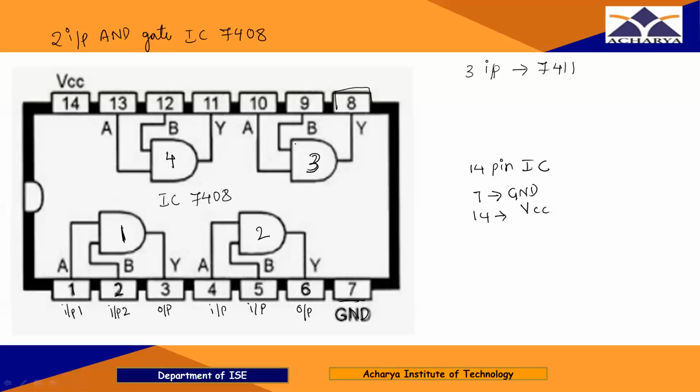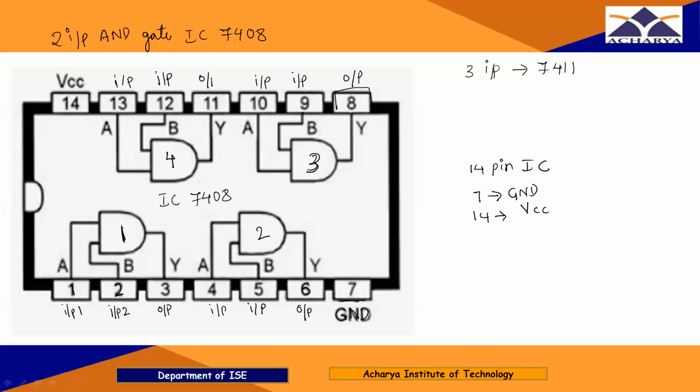In the third AND gate, see here pin number 9 and 10 are the inputs and pin number 8 is the output. And for the fourth AND gate, pin number 12 and pin number 13 are the inputs and pin number 11